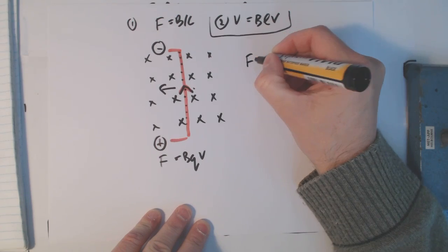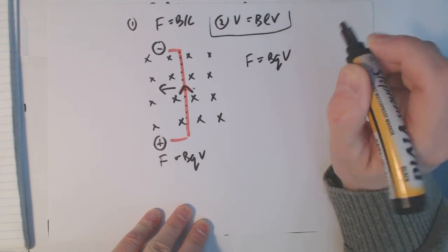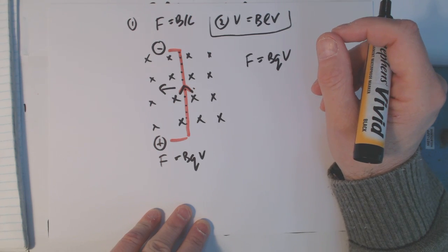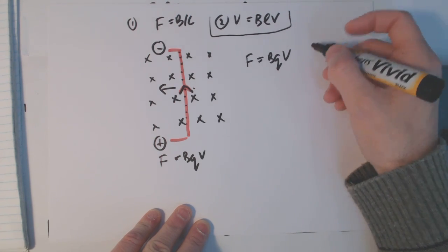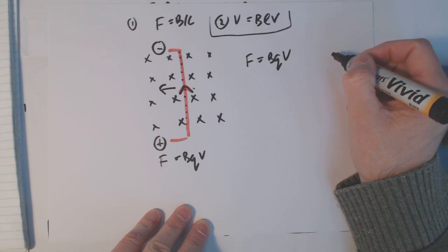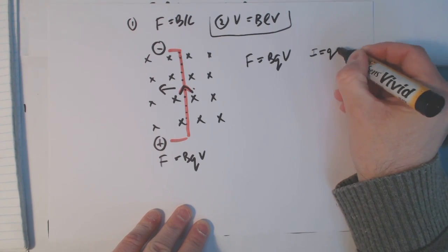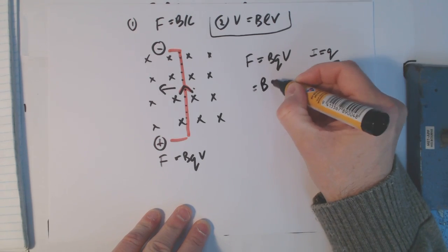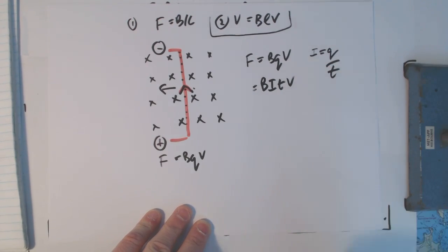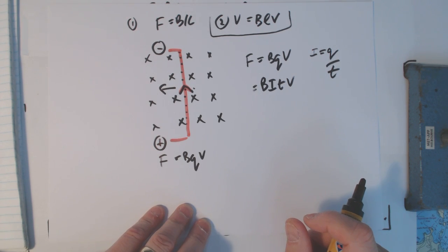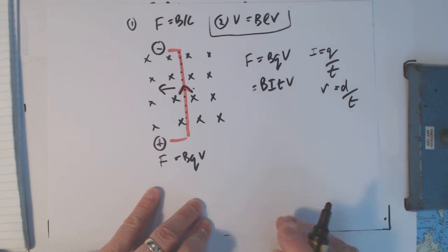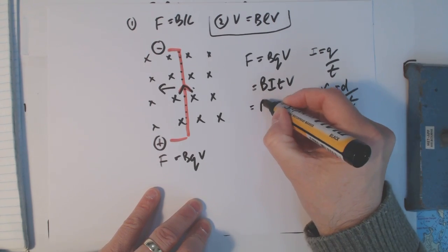Well, F equals BQV. We've got that. That's a starting point. Often the way you figure out stuff is you try and do some substitutions. Let's think of some things. What's got Q in it? Well, I equals Q over T. So we could say Q equals IT, V. Look, we've already got that. Can we do any more substitutions? Well, velocity equals distance over time. So we could put this as BIT,